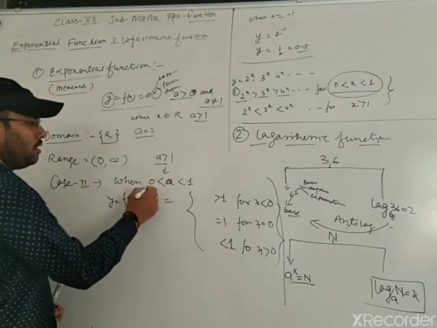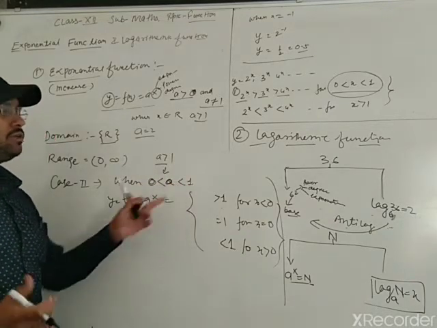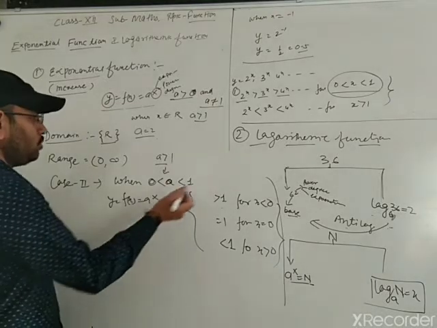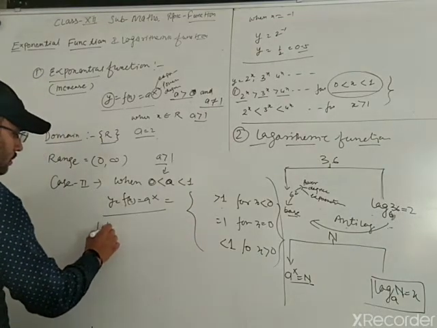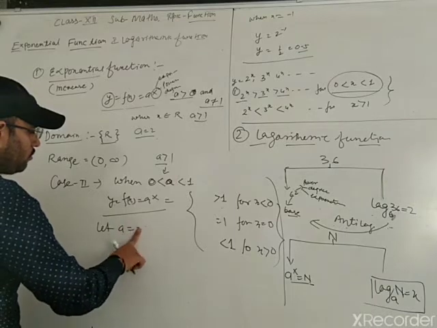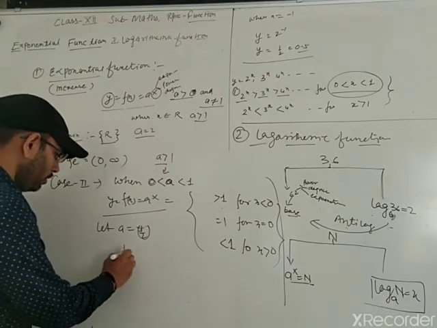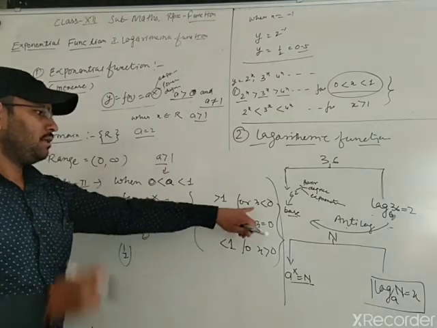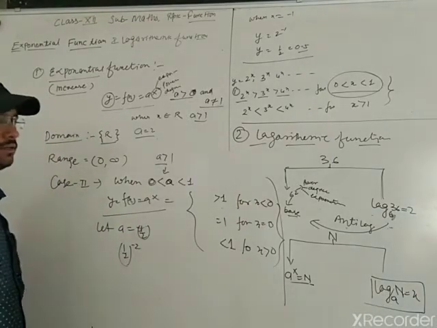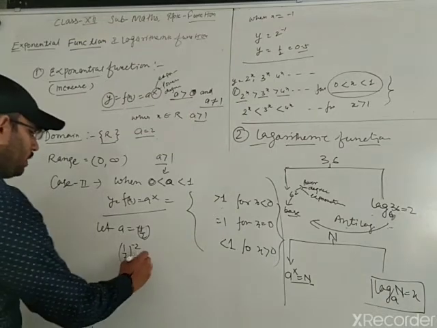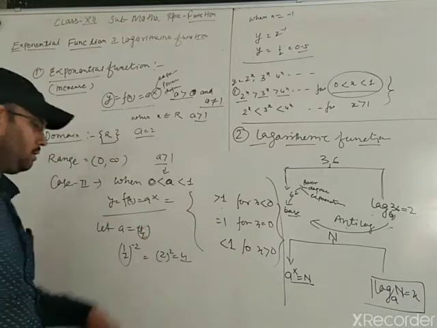Now, in this case, what? We are taking a between 0 and 1. So between 0 and 1 you can take 1 upon 2, 0.5 or anything else. Let a = 0.5 or 1 upon 2. Clear? 0.5. So (1/2) to the power, if we take x less than 0, suppose I take minus 2. Clear? So what happened? It is 2 to the power 2. What do you get? 4. So it is greater than 1.